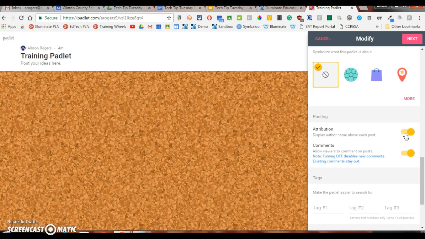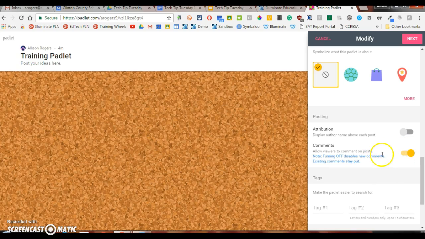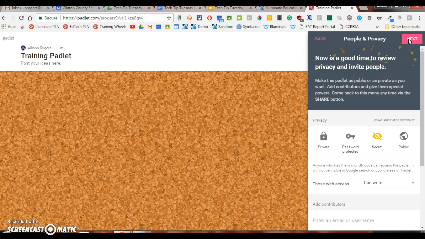turn on if you want the name displayed above each post. People have to type in their name. Turn that on or off. And then the other option is the commenting. Allow viewers to comment on different posts, which is nice to have sort of that conversation piece. Once you have those settings the way you want them, click Next, and it will take you to the privacy